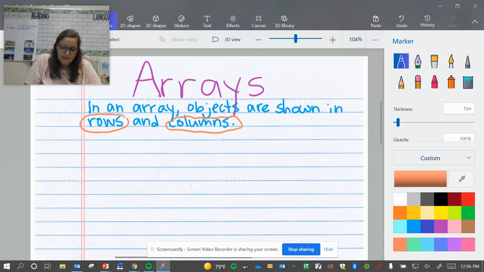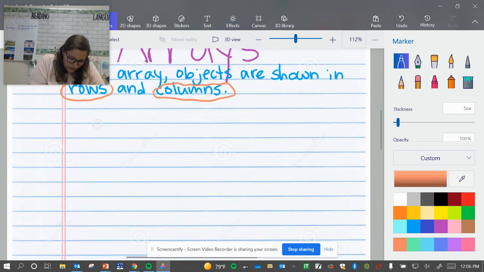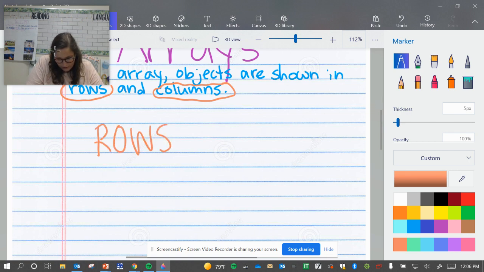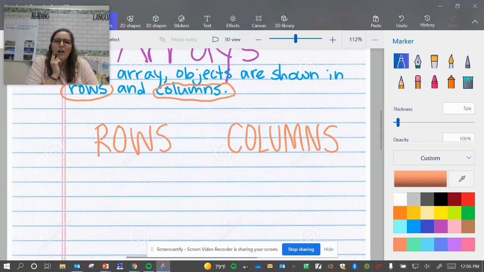So I want you to write rows right here. You can make it take up 2 lines. Rows. And over here, columns. And there is an N in columns, okay? It's kind of a quiet N, columns, okay? So with columns